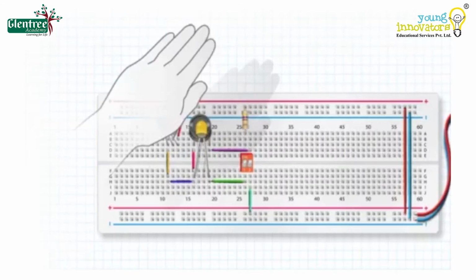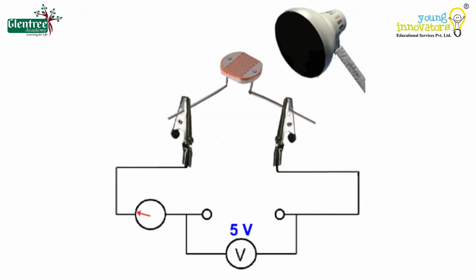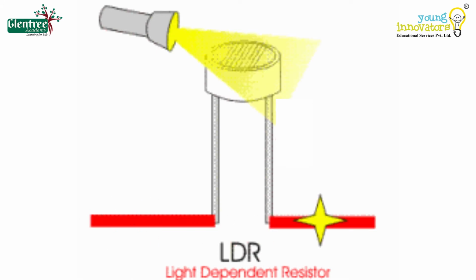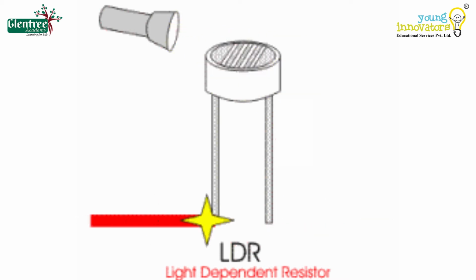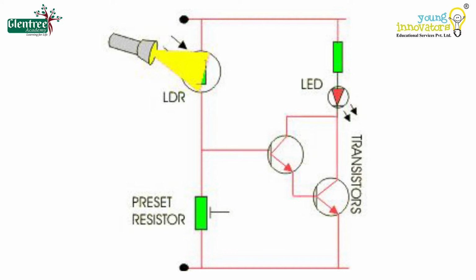An LDR or a photoresistor has high resistance because there are very few electrons that are free and able to move. The vast majority of electrons are locked and unable to move. Therefore, in this state, the LDR offers high resistance. And as the light falls on the conducting device, the light is absorbed and some of the energy is transferred to the electrons. This results in lowering the resistance of the LDR. Now, let's use an LDR in a circuit and understand its working.